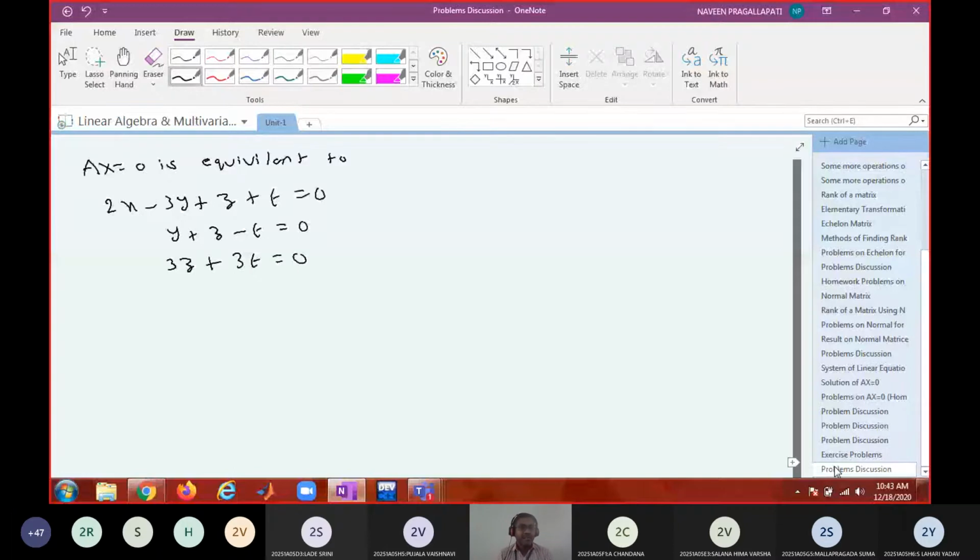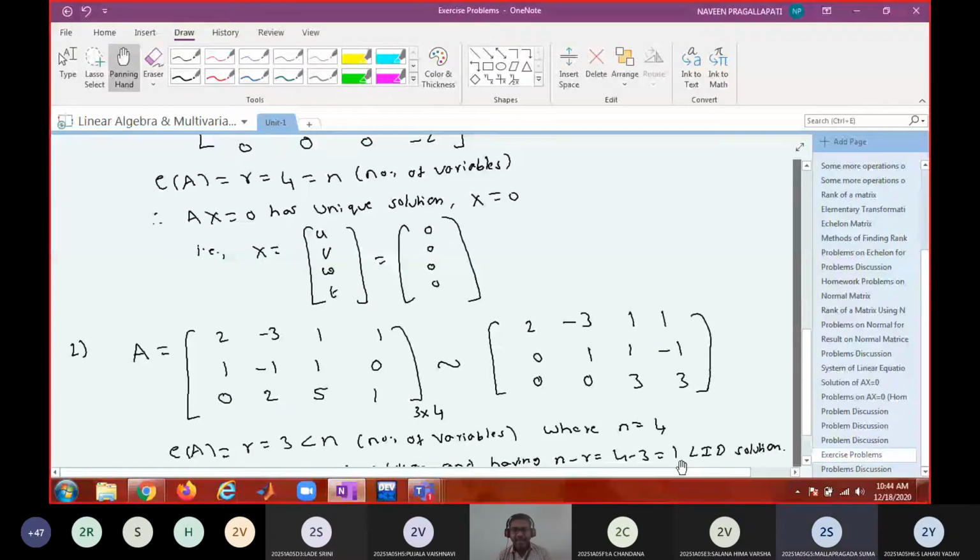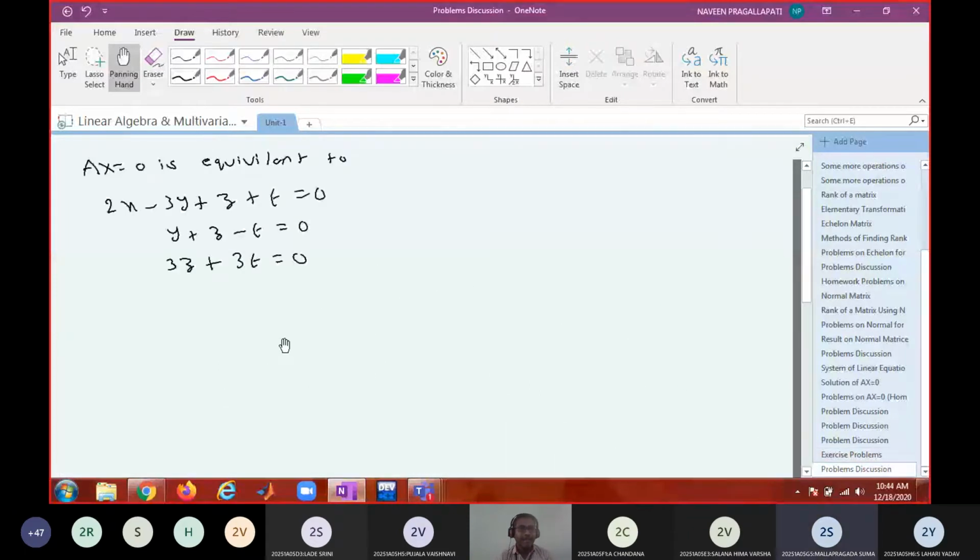Now the 4 equations are reduced to 3 equations, and we know how many arbitrary constants there are going to be: equal to the number of linearly independent solutions. One. There will be one arbitrary constant, which means one and only one free variable. What is that free variable? Can you see? T. Now 3z plus 3t equal to 0 means z plus t equal to 0. Call this equation 1, equation 2, equation 3.